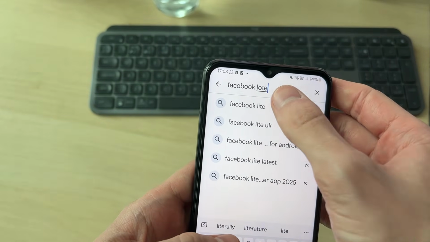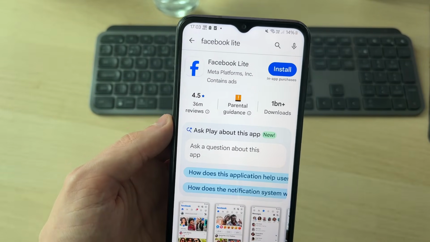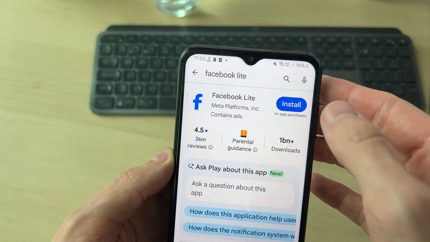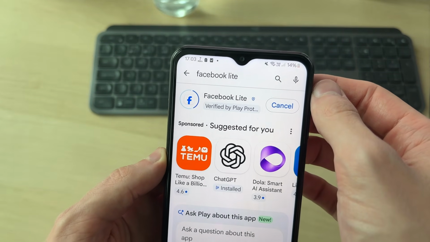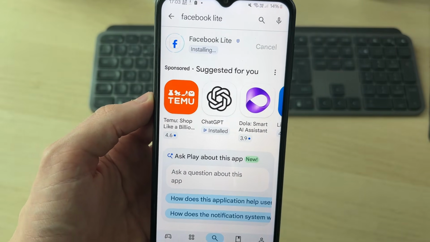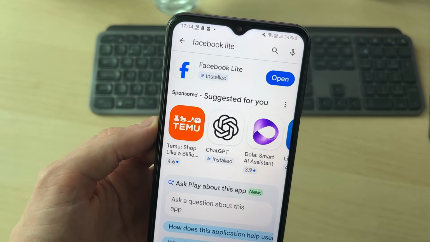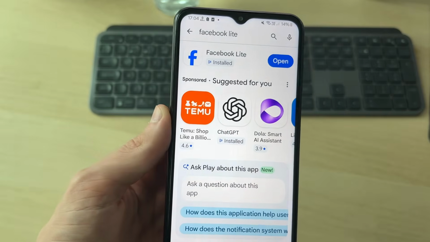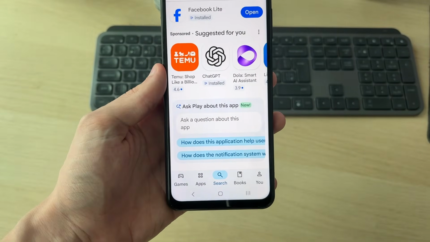Lite, like so. Wait for it to load, and as you can see here it is, and then what you can do is press install to the right. Now you can wait, it's going to be pretty quick because it's a really small app, as you can see, and it's installing. When it finishes, you can press open to the right there, or we can come out of